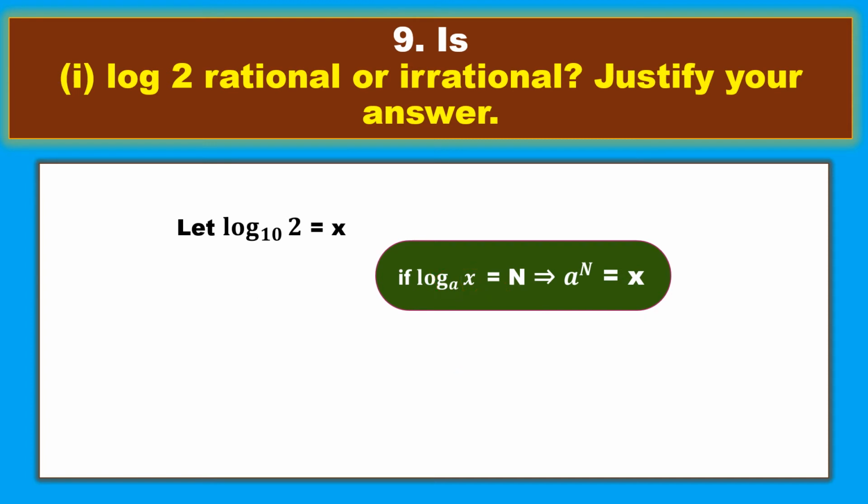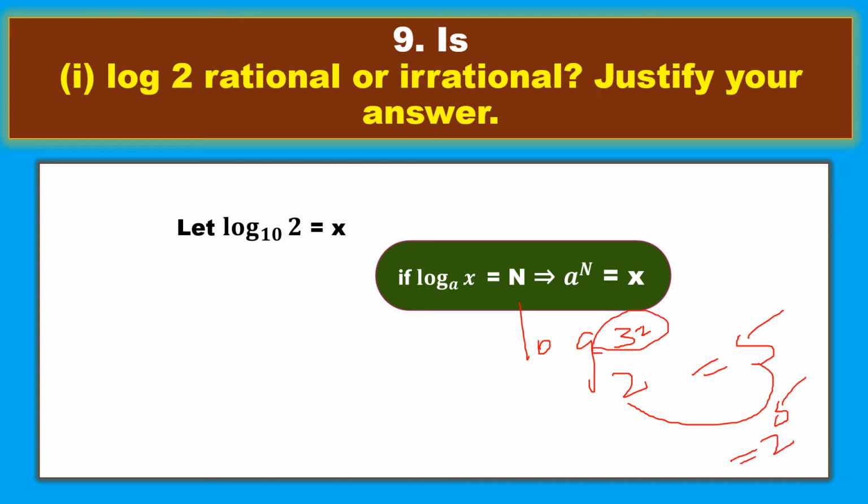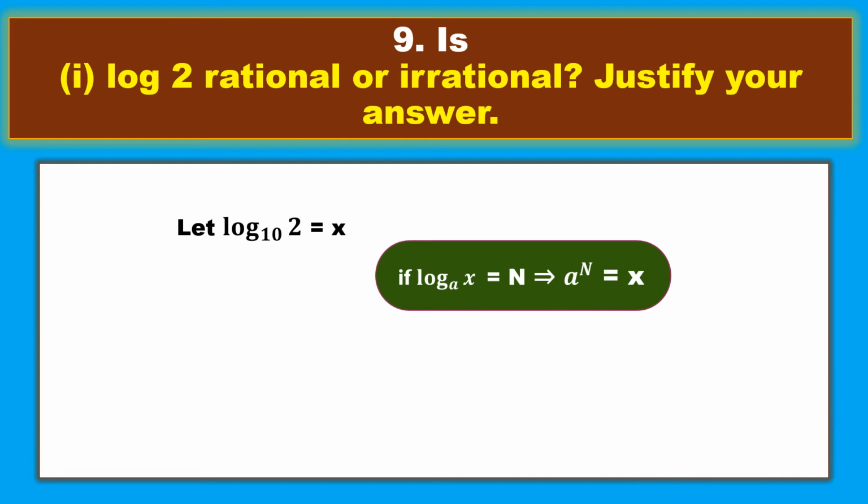Okay, let me take one example. Suppose I gave log 2 power 32 and I gave that value as 5. So simple, this 2 should be sent from the base, so it will become 2 power 5, and this 32 should be written separately, so 32. Log will not be there, so 32 equals 2 power 5. So here also, simple, we'll use this property. Here 10 is the base, so send this 10 here, so 10 power x it becomes. Now this 2 should be written separately, so 2 here. This log is not taken, so 10 power x equals 2.